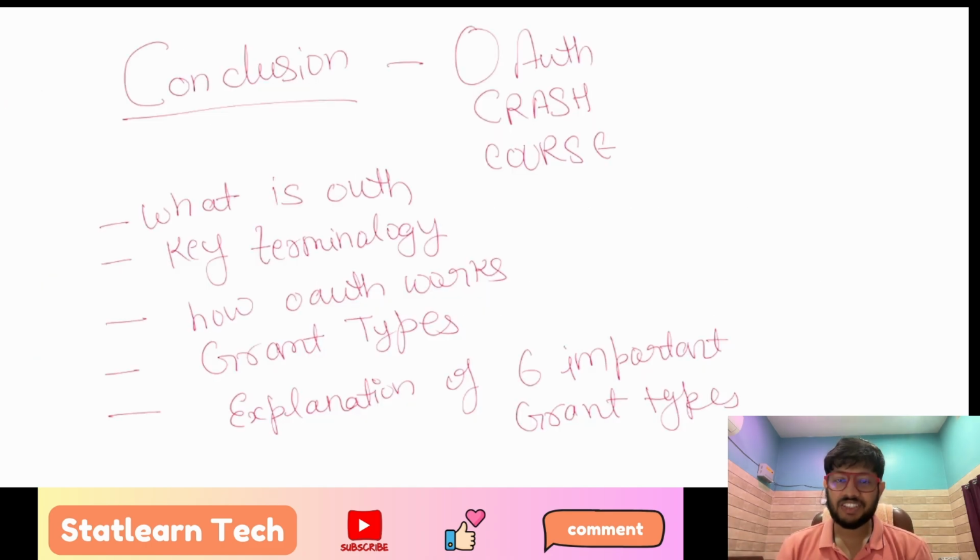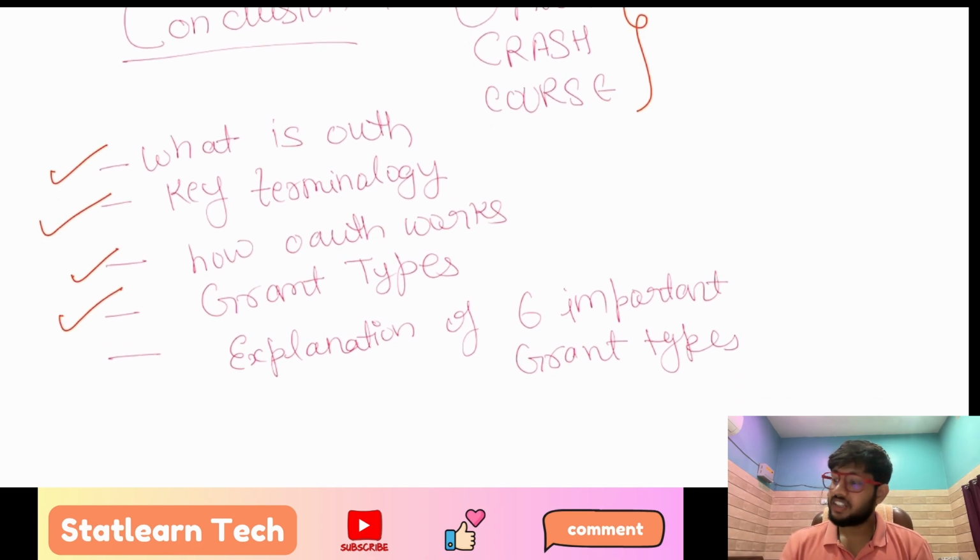So finally we have reached the conclusion of our OAuth crash course. Thank you for having patience to listen to me, and I hope that this crash course has given you a lot of clarity on everything about OAuth. So we did cover what is OAuth. We saw some important terminologies in OAuth, for example, authorization server, resource server, access token, refresh token. We saw how OAuth works. We saw about grant types as well, and we saw the explanation of 6 very important grant types